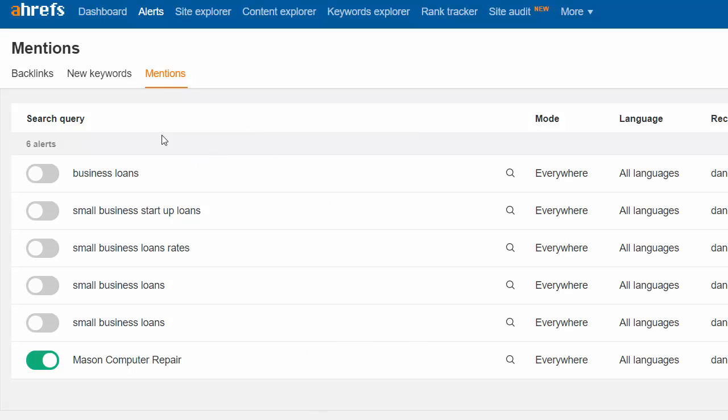So put all your keywords in the mentions, and that way, whenever somebody comes through and posts about your topic, you're going to be able to reach out. Another thing you could do is maybe you have 10 pieces of content you're trying to get links to, and they're all interior pages.